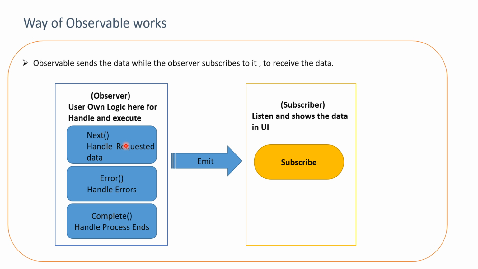Here, the observable is the data source. I am telling you the main difference between observable, observer, and subscriber. The observable is the data source. The observer takes the task from the subscriber and gives the data to the subscriber by emitting, sending, or passing; you can use any of those keywords. And the subscriber takes the response from the observer. This is the major difference between these three.